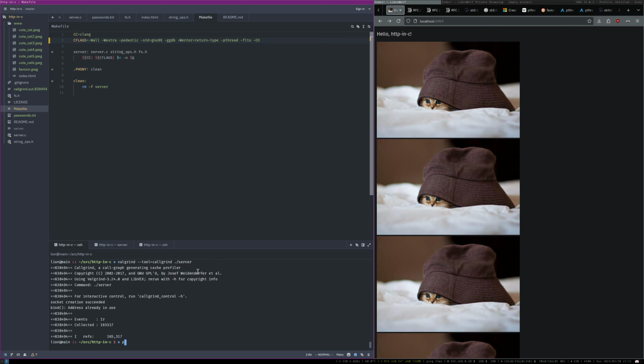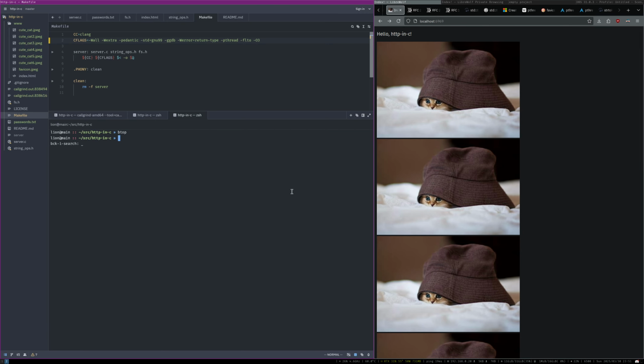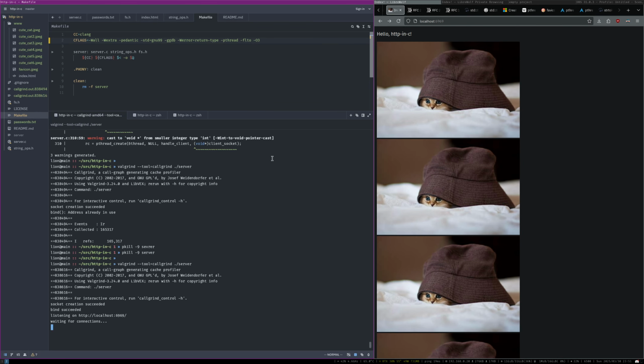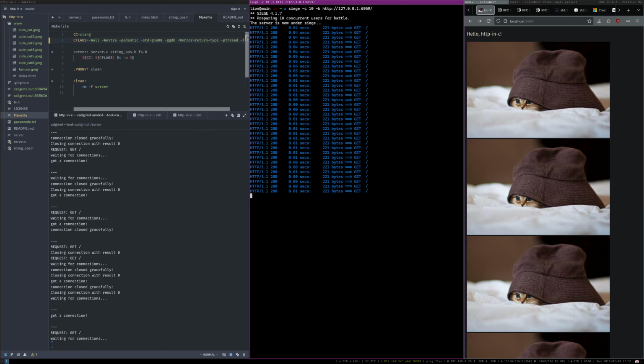We can see, we will be able to see what takes so much time. And so now if I run a siege here, actually, let me go back to my terminal. If I run a siege again with, let's say, 10 threads,